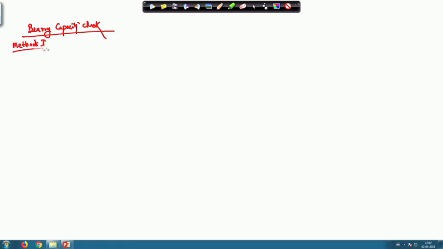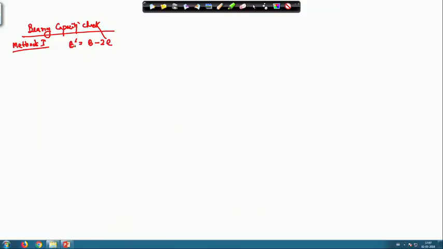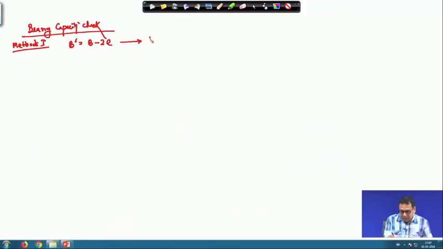Method 1, which I applied in the first problem, the gravity retention problem, where we calculate B dash in the form of B minus 2e. Then we use this B dash to calculate the bearing capacity